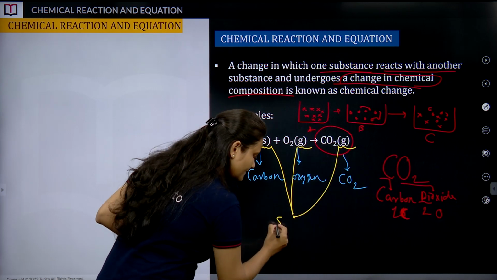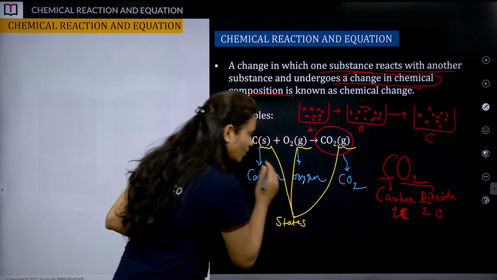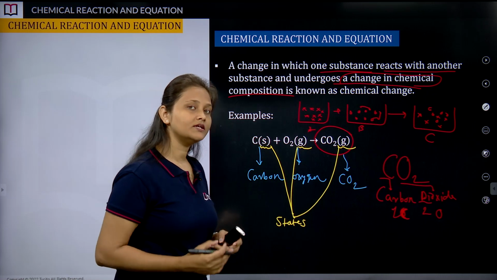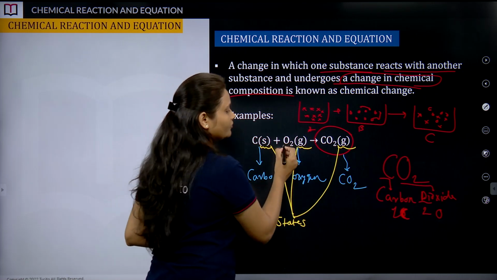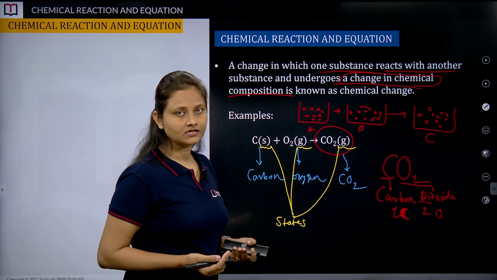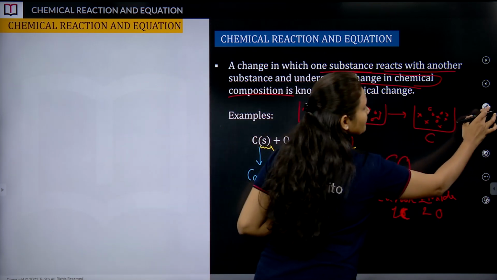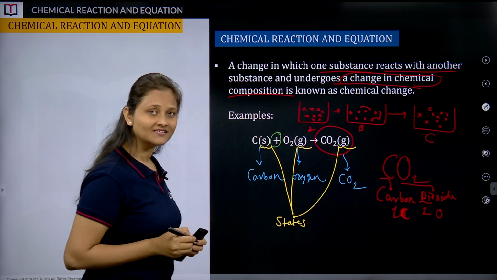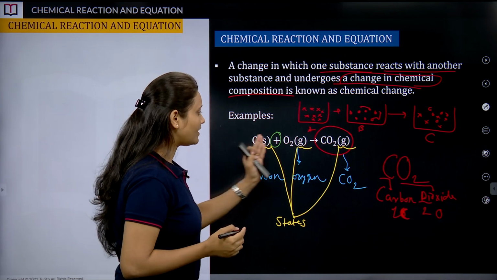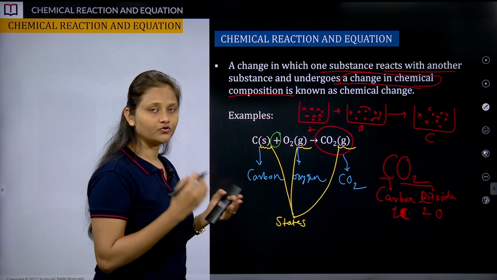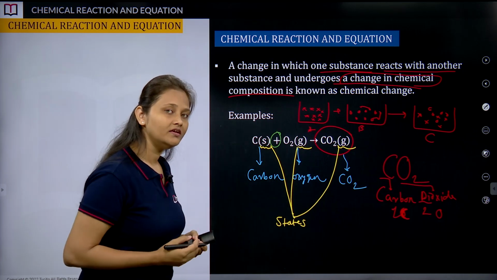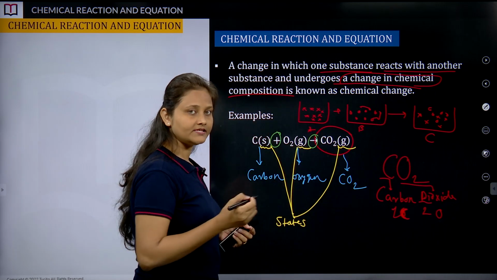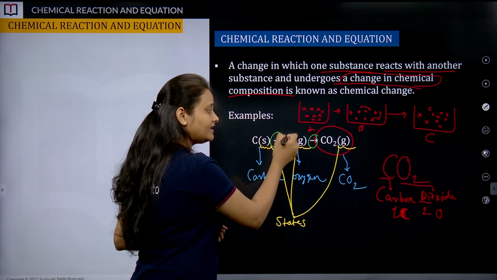These are basically states of the substance, of an atom, of a molecule. Carbon is present in solid state. It is reacting with oxygen, which is nothing but a gas. Here we have the symbol plus, which shows that carbon and oxygen are reacting. The addition sign shows that these two substances are reacting with each other. And here we have the arrow sign, which says carbon and oxygen are reacting together to